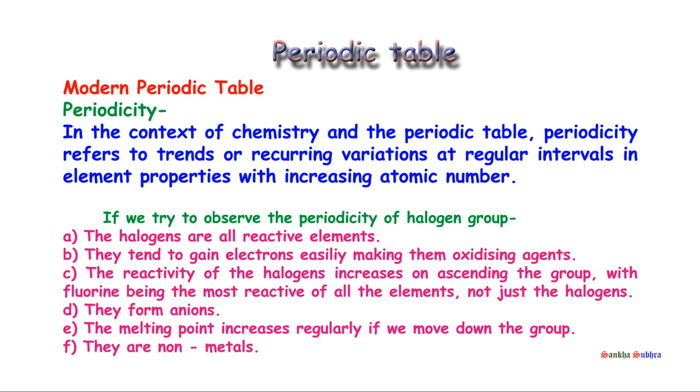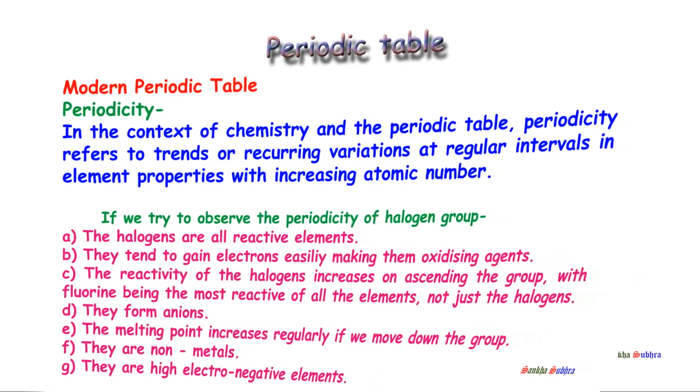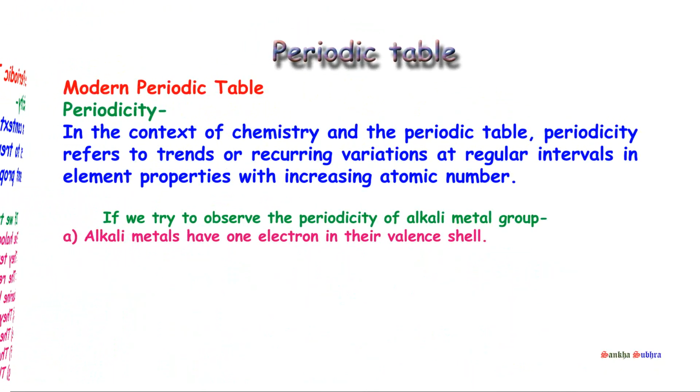Number 6. All the halogens are nonmetals in nature. Number 7. They are highly electronegative elements. Now we are trying to realize the periodicity or the periodic properties of the alkali metals or the group 1